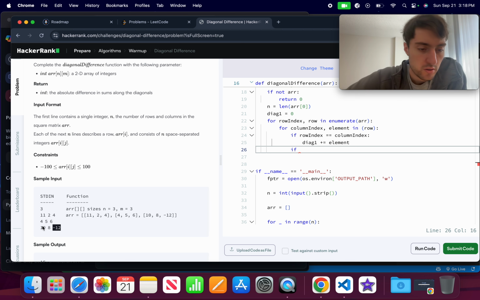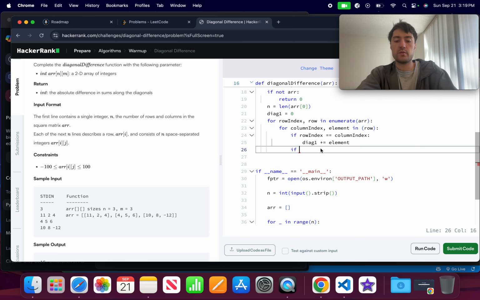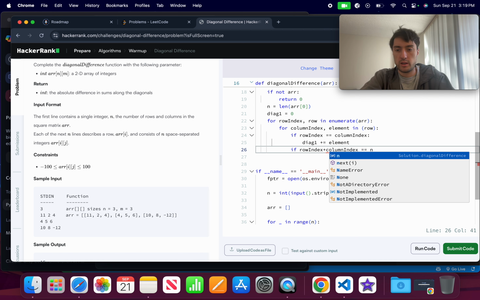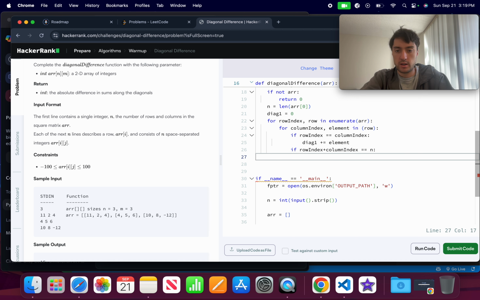Wait, no. This one's going to be 2 plus 2. This one's 4 right here. Oh, no. That's right, because I'm trying to go backwards. So, yeah, it targets in on here. So, actually, maybe I can do that. Like, if row index plus column index is equal to n, then I do